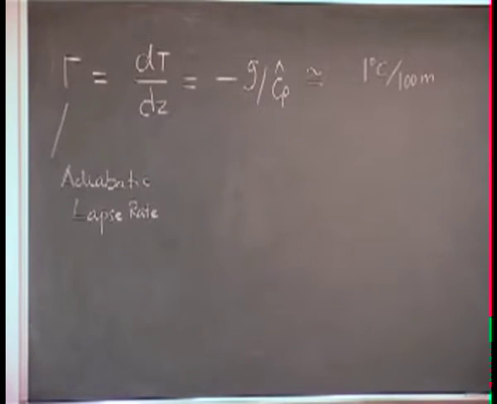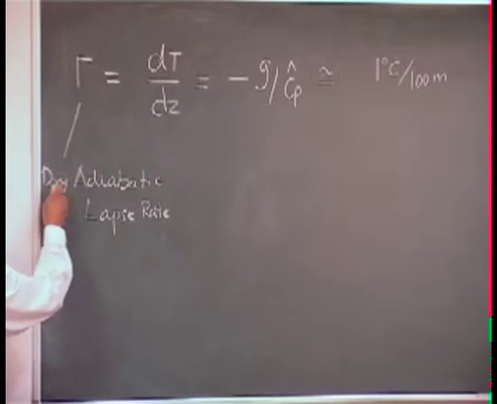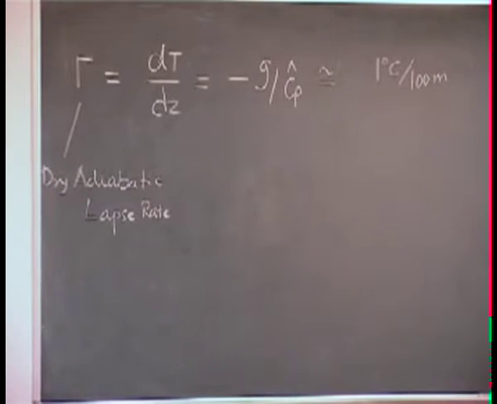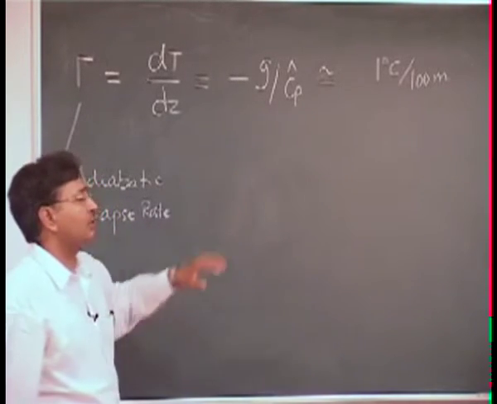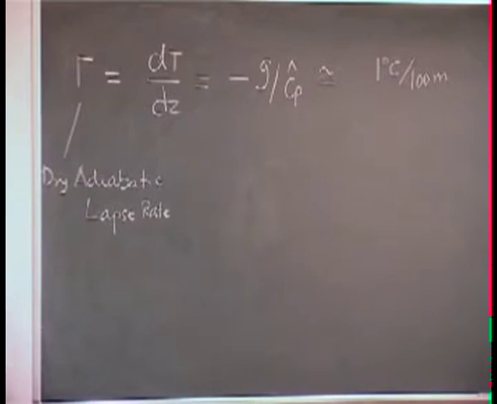And generally what the value of Cp that we have taken in here is, see, the moisture content is such a thing which is very much variable in the atmosphere, right. So while putting the value of Cp, I have taken the mass of the air and all air as dry. So if you don't mind, I'll put the word dry there and call it dry adiabatic lapse rate. Okay, and that is equal to minus G over Cp, and that's equal to 1 degree centigrade per